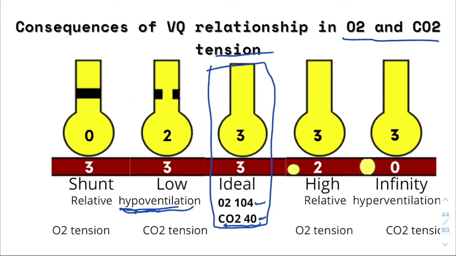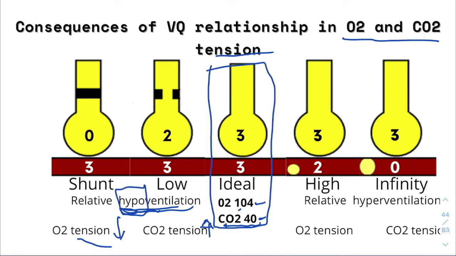So when you have decreased ventilation, your oxygen tension would tend to be lower than your ideal oxygen tension. It could be lower than 104, while your CO2 tension would be higher than 40, because there is relative